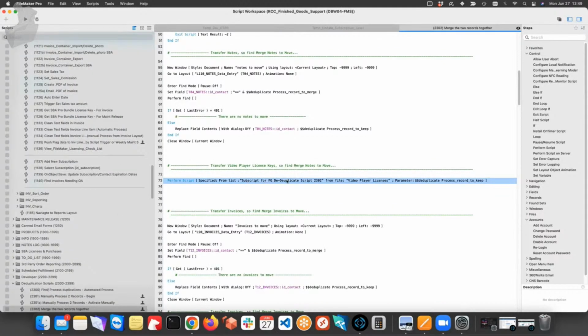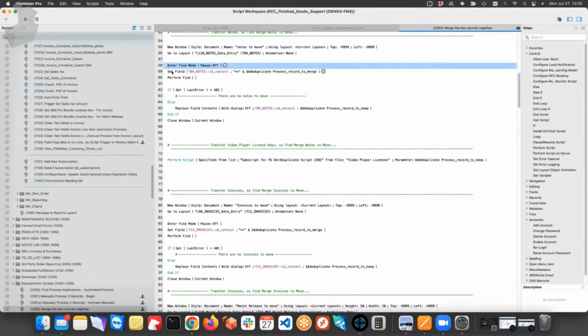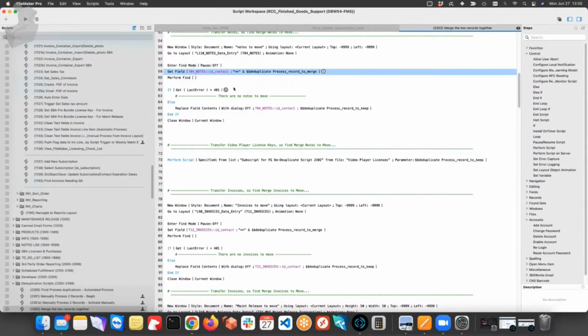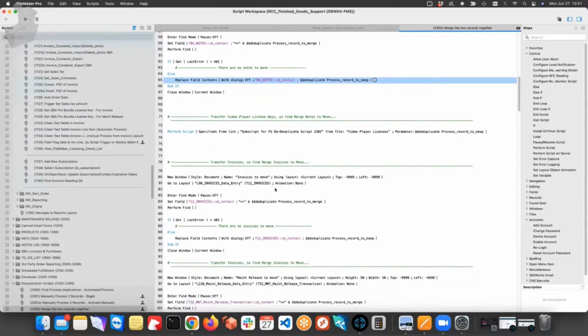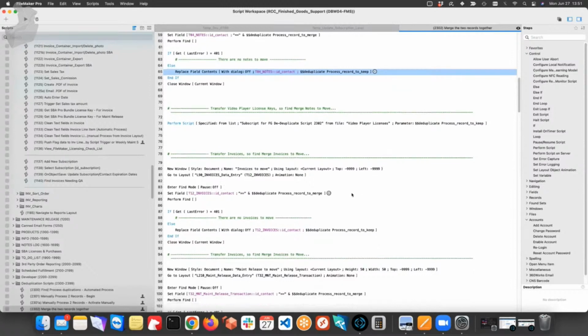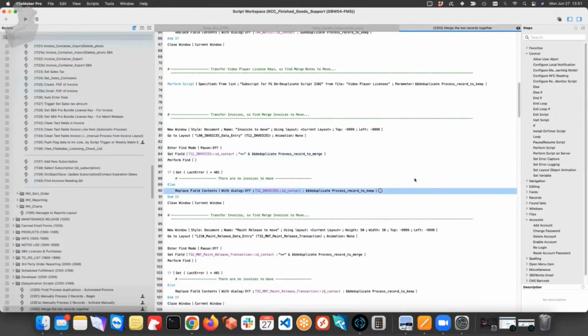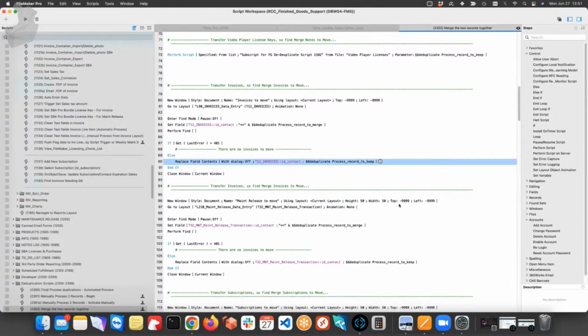So you can see here, though, this is the contact we're doing with the merge. If it doesn't find anything, it does nothing. If it does, it runs this replace command. What replace does is it sets ID contact in the notes field, and we're going to set them all to be the same ID as the record to keep. And we're going to continue to do that basically through everything else. So we start with invoices. We do the same thing, and then we move to